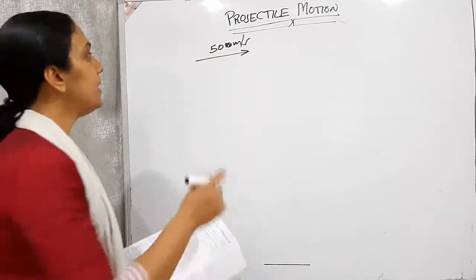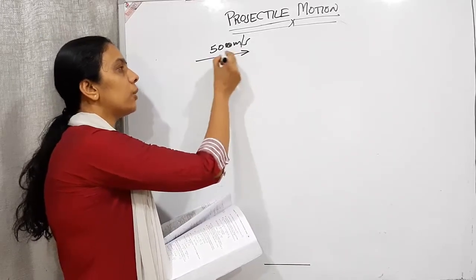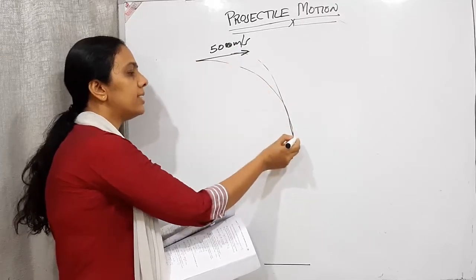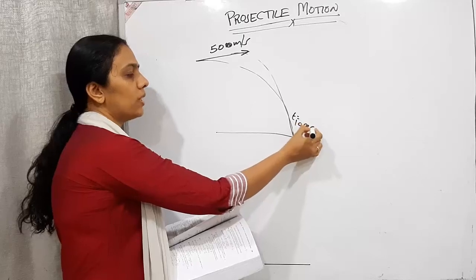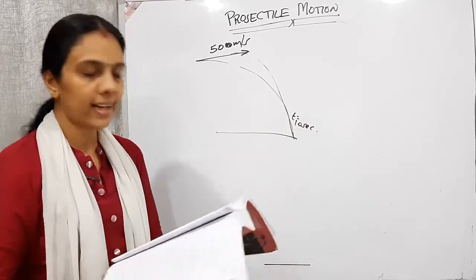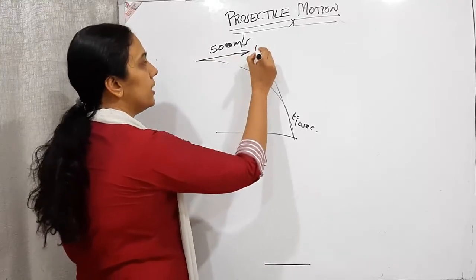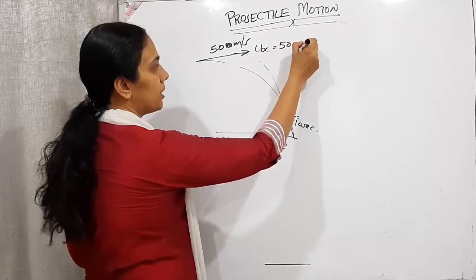So in 10 seconds it's striking the ground. When it is released horizontally, afterwards it strikes the ground in 10 seconds. Time taken to strike the ground is 10 seconds. We need to find out the angle at which it strikes the ground. Okay, so here horizontal velocity is ux. Initially it is moving with a velocity 500 meter per second.